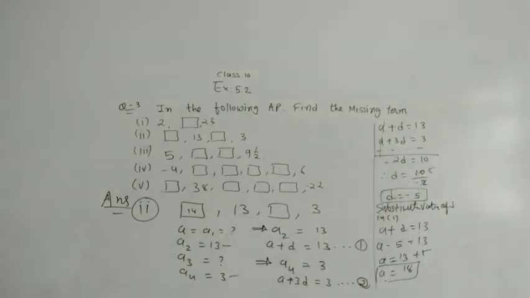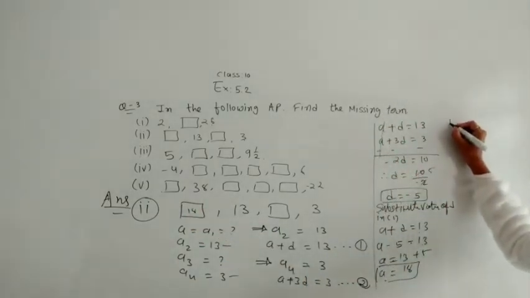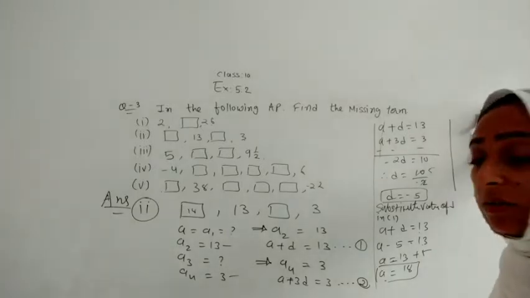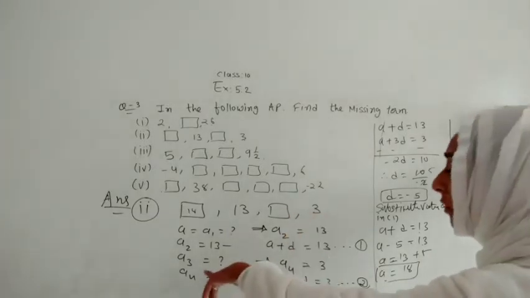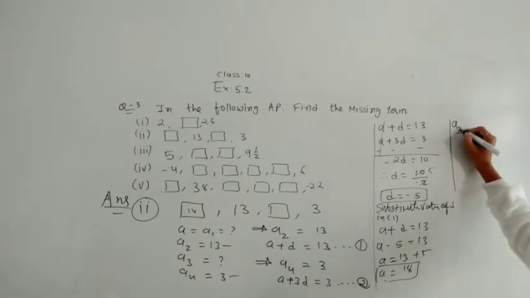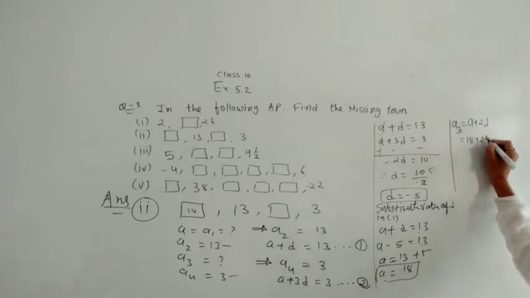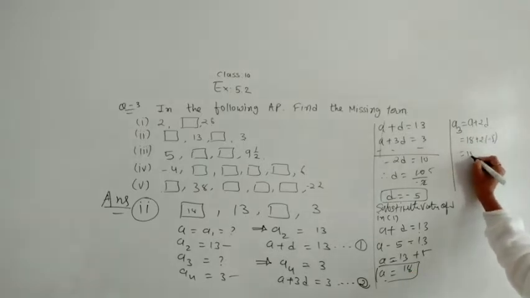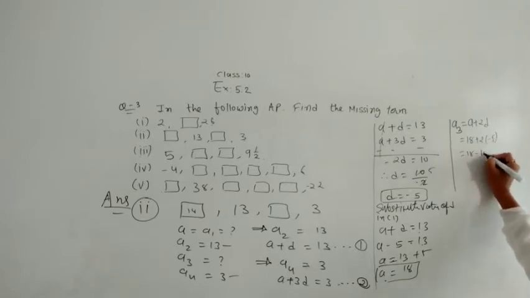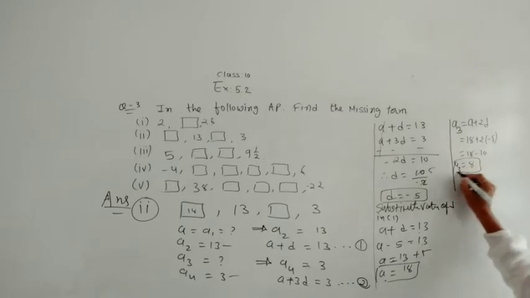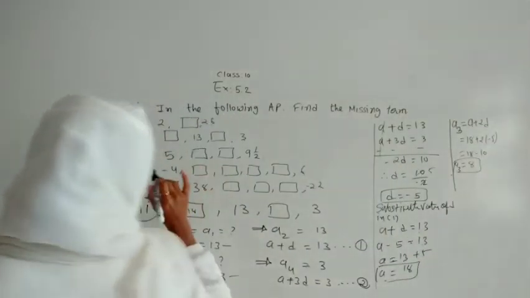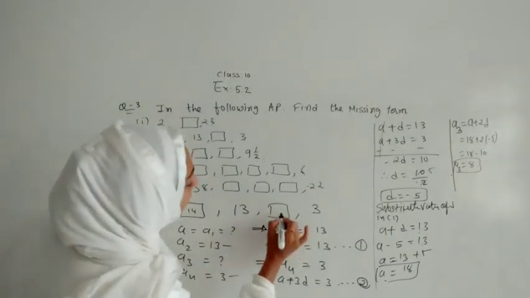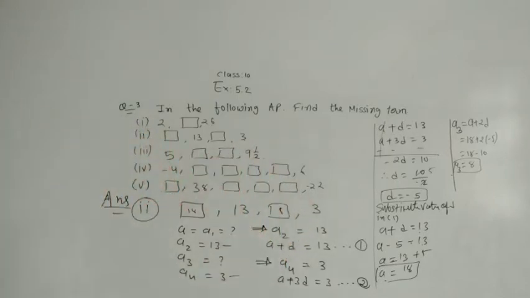ठीक है? I think this concept now it is much more clear. Now here we will find that what we have to find. We have to find the third term. तो हमें ढूंढना है A3. A3 actually में क्या है? वो है A plus 2D. So let us substitute the value of A as 18, 2, and the value of D is minus 5. So plus minus will make minus. 5 2s are 10. 18 minus 10 will make as 8. So A3 we got as 8. So here both the missing terms we found. This one we got as 8. So this is the end of this question.